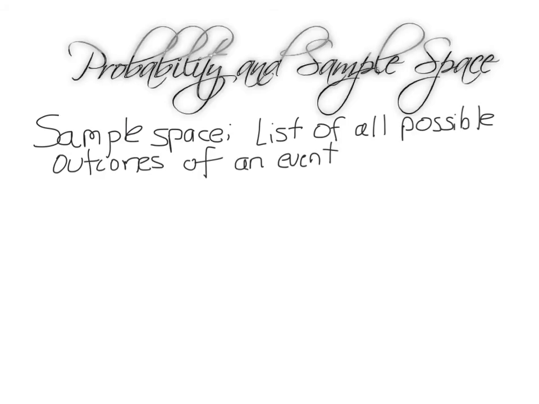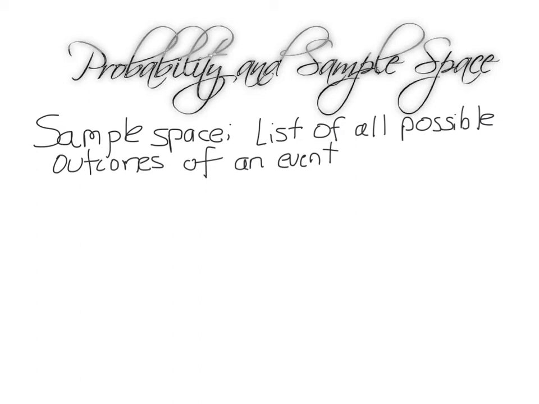So on your screens now, you can see the definition of sample space. Just take it down. So sample space is the list of all possible outcomes of an event. So again, an event is just something that may or may not occur. So let's say, look at the NRL Grand Final again, Broncos and Cowboys. So they're playing a game. The Grand Final outcome is the event. Who wins that game? That's the event, and the possible outcomes are Broncos win or Cowboys win.